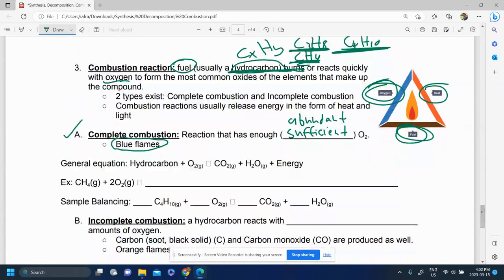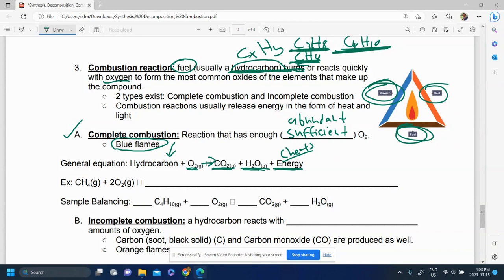So our general equation for a complete combustion reaction is hydrocarbon plus oxygen produces CO2 plus H2O plus energy. So it doesn't matter what your hydrocarbon is, you're always going to get the same products. You're always going to make it react with oxygen, and you're going to get CO2 plus water plus energy. And this is really the heat that you feel, that transfer of energy to you, that's the heat. Okay, so it doesn't matter what the hydrocarbon is, whether it's C3H8, CH4, C4H10, so on and so forth, you're going to get the same set of